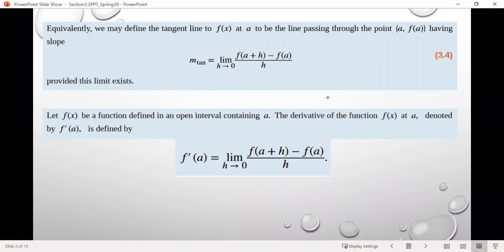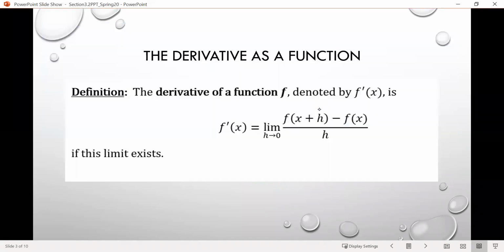Okay, so again, this is the idea of finding the slope of the tangent line or finding the derivative at a particular point. But we're going to expand on this a little bit and talk about the derivative of a function more in generality. So rather than every time we want to know the slope of a tangent line at a different point on a function, rather than having to do that whole limit thing separately for each point, we can actually just do it for the function and then use that to find the slope of the tangent line